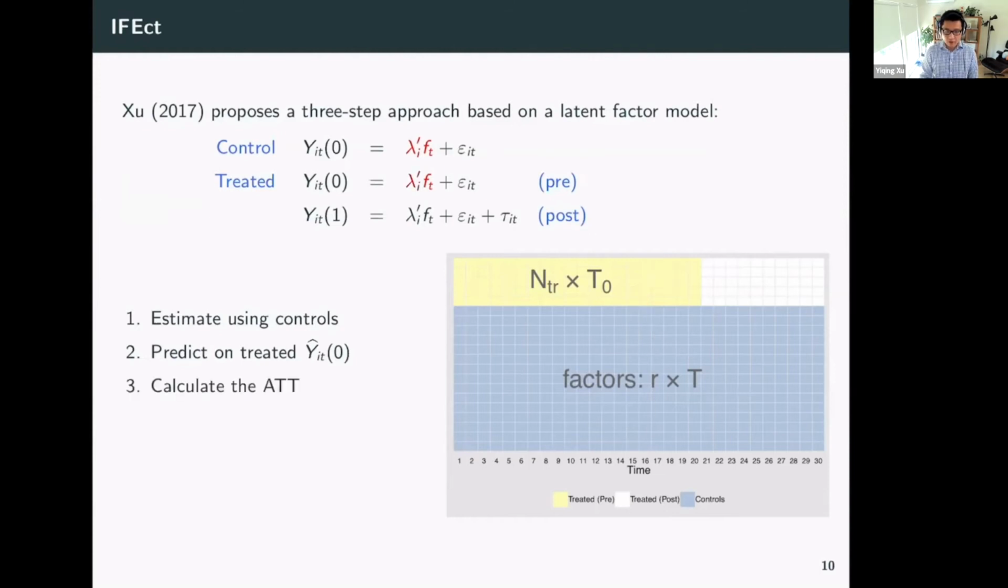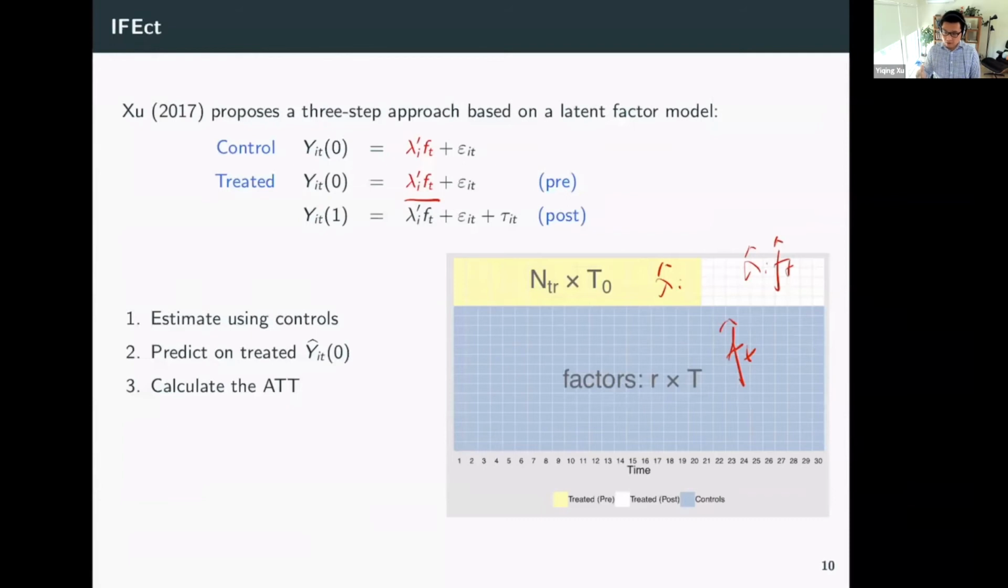Next you learn lambda i. So you have lambda i from the pre-treatment period from the treated, and you have F_t from the control. Then basically you can impute the counterfactual for the treated in the post-treatment period. That's your counterfactual estimation. Of course, I'm oversimplifying because in reality,